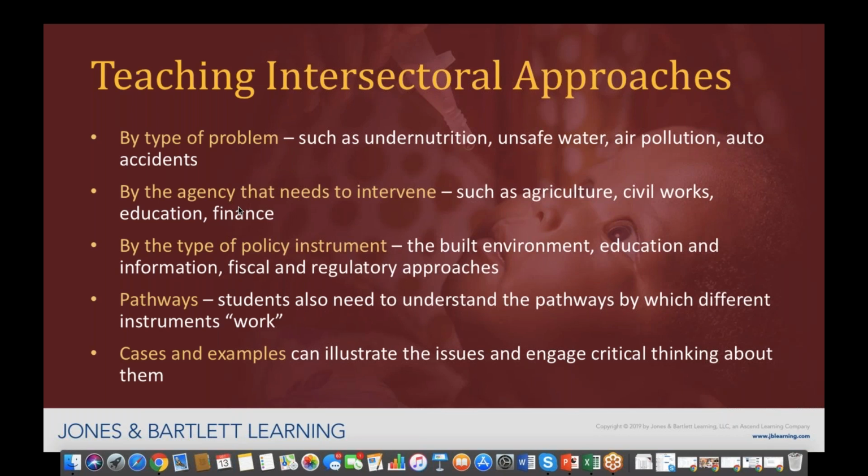Another has to do with, well, what's the extent to which programs for education and knowledge about caring behaviors are available to these people. A lot will have to do with agricultural prices and agricultural markets and trade regimes and taxes and the cost of food to people. So it doesn't take much to understand that when one thinks about undernutrition, and I'm going to focus largely on low and middle income countries, there are a range of measures the Ministry of Health can take to promote breastfeeding, to promote a healthier diet, to promote the hygienic introduction of complementary foods. But it doesn't take much to understand that in many environments, this will not be enough, and that intersectoral action is going to be required.